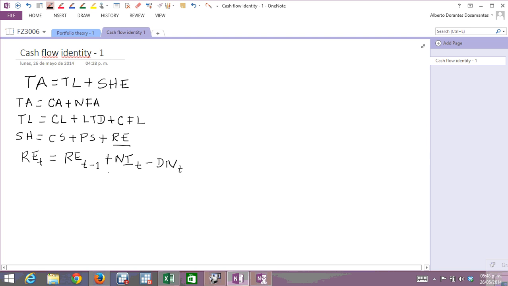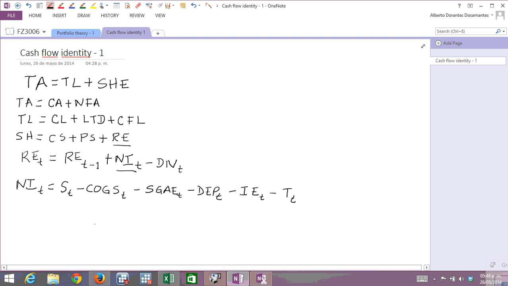Okay, now from here I can go into more detail about net income, right? What is net income? Net income at time T is equal to sales at time T minus cost of goods sold at time T minus sales and general administrative expenses at time T minus depreciation at time T minus interest expenses at time T minus taxes at time T. Okay,